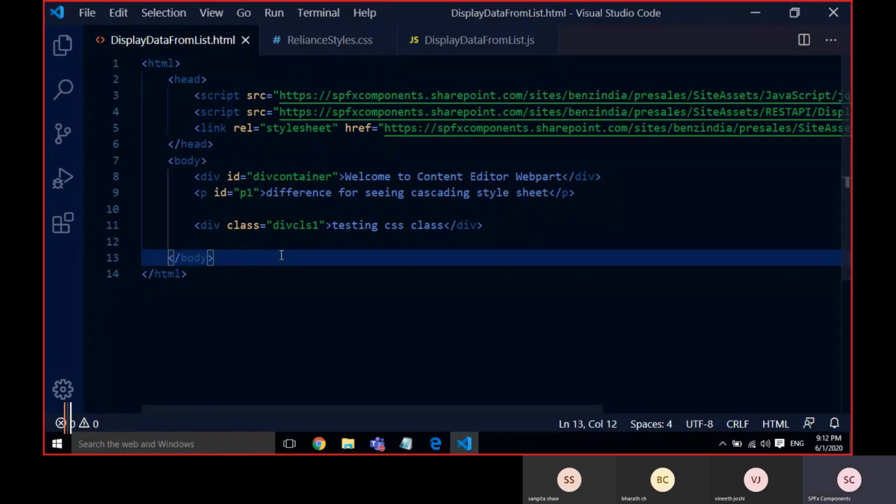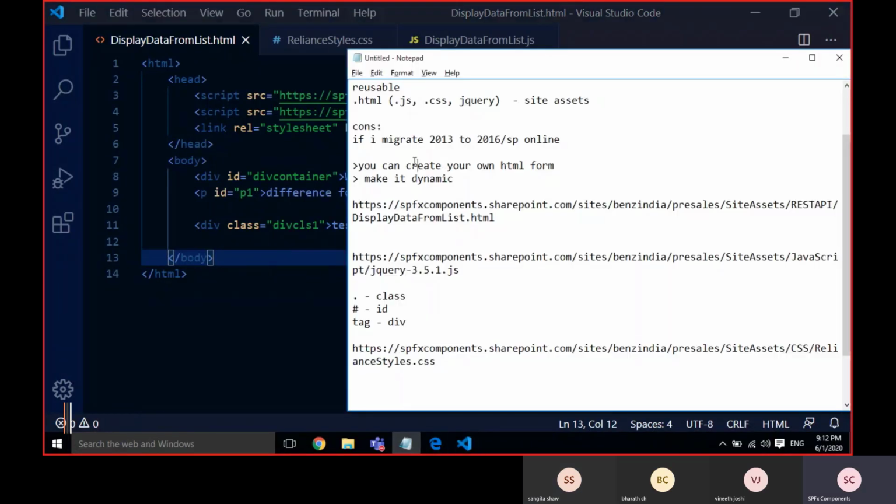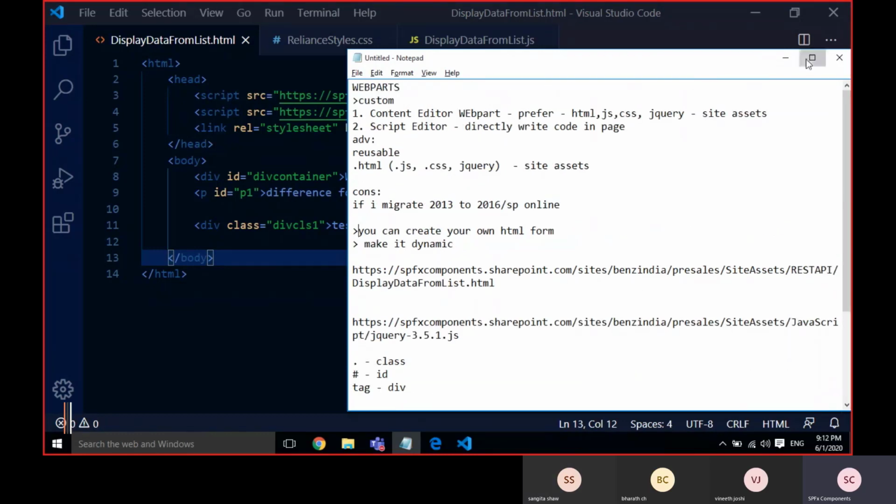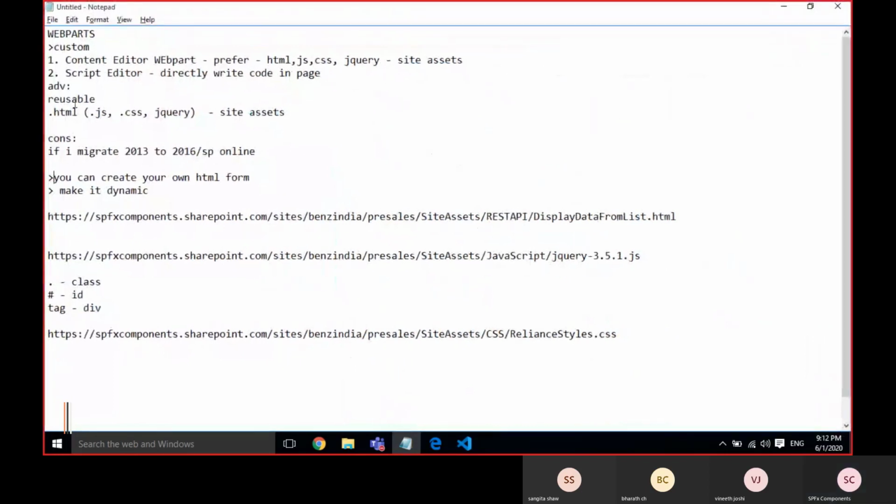Is it clear? Have you observed the difference? Yes, you got it right. So whatever I said, if you want dynamic behavior and reusability, everything is suitable for content editor. Code is completely segregated, separated.